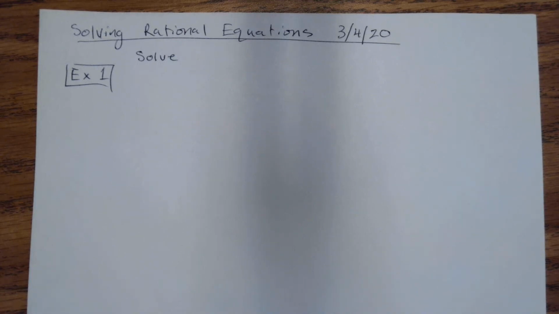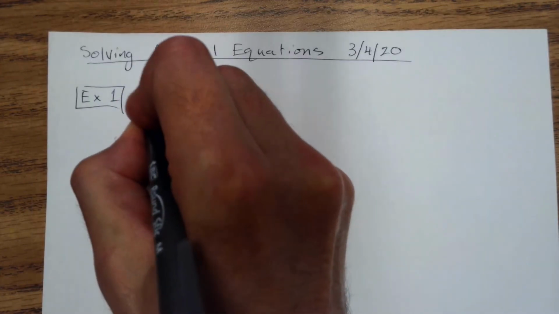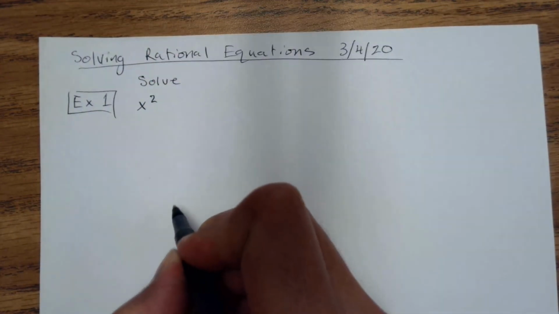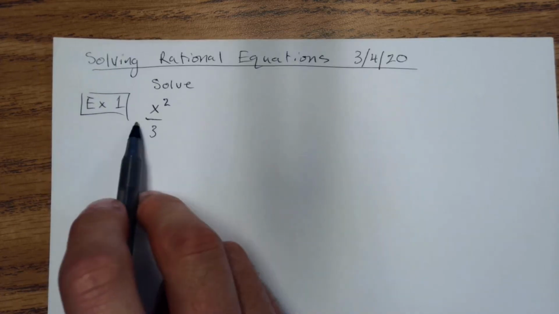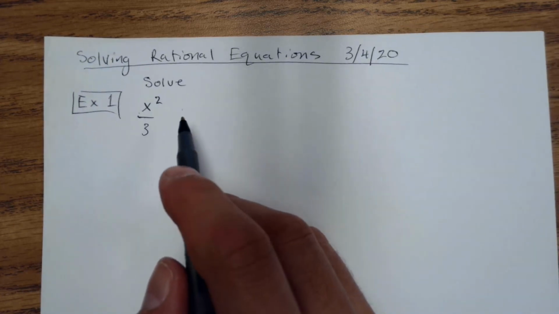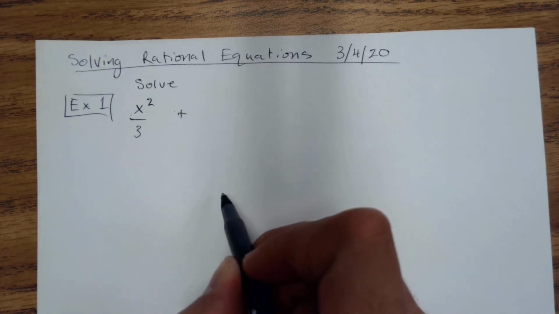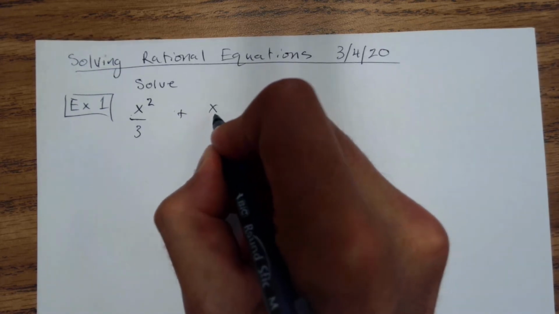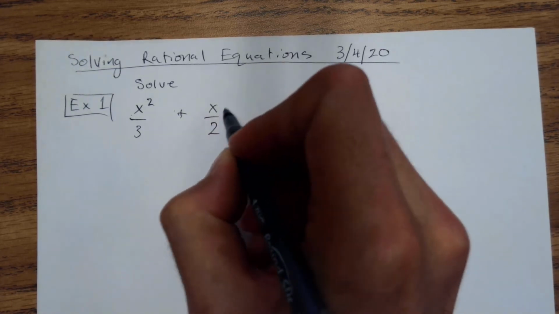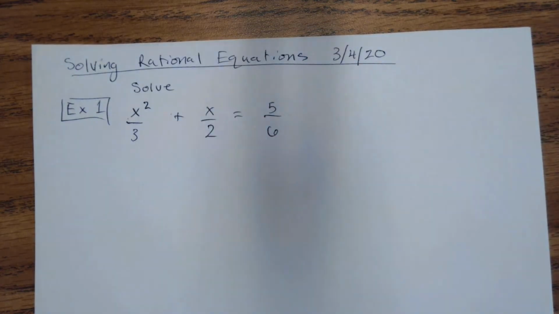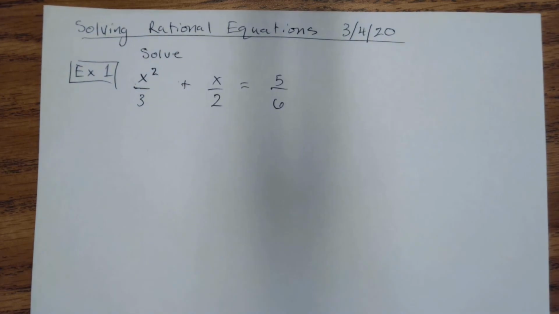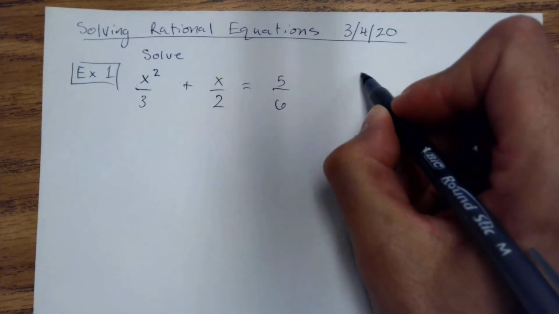The ugliest ones would look like this. We'll have x squared divided by 3. I think you should leave a little bit of space around each term because we're going to do something. So, a little bit of space, plus x over 2 equals 5 over 6. And the first thing that we're going to do, which I will write on the side, is